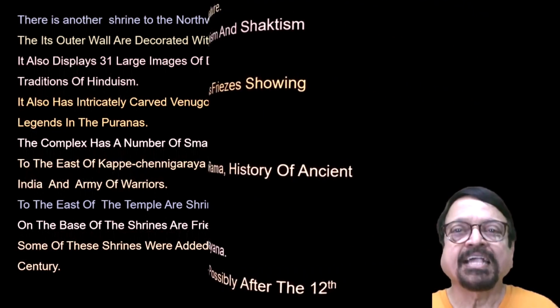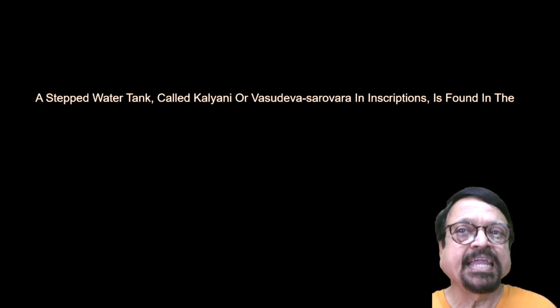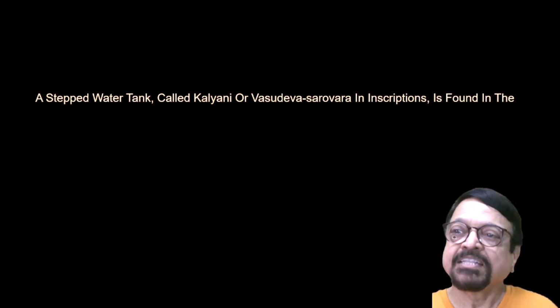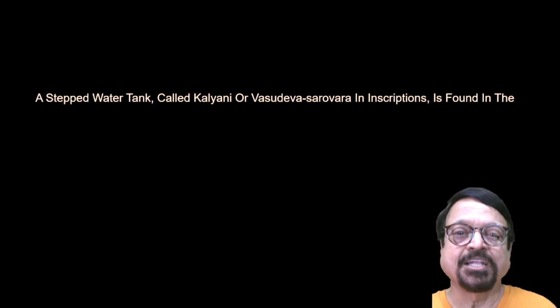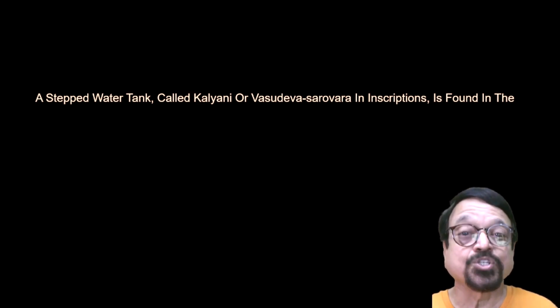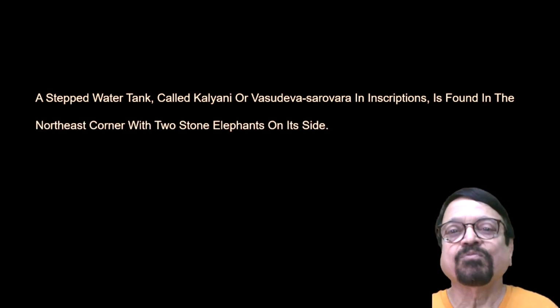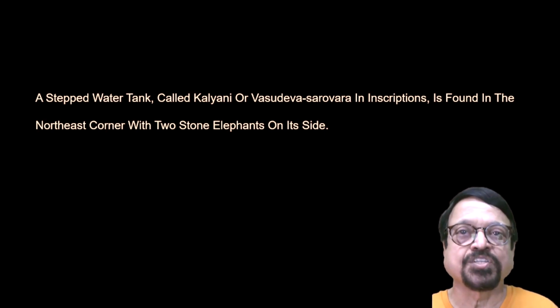But that apart, it is never claimed that the temple was constructed in a single stage. It has taken many years, but the harmony and synchronization make us think that they were all thinking alike. The dynasty has changed, the workers must have changed, everything has changed, but one thing they had in common is their devotion towards the temple. A step well, Kalyani, has to be always there for any of the Dravidian temples as a water reservoir,